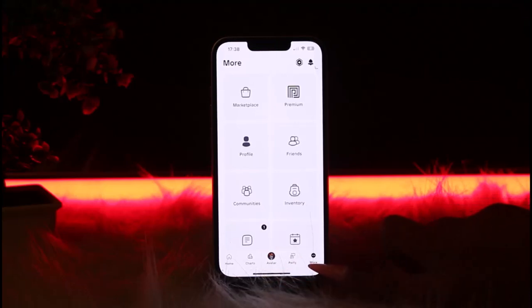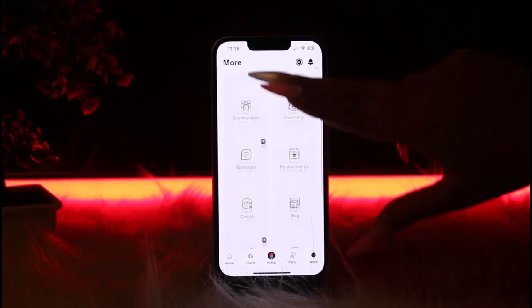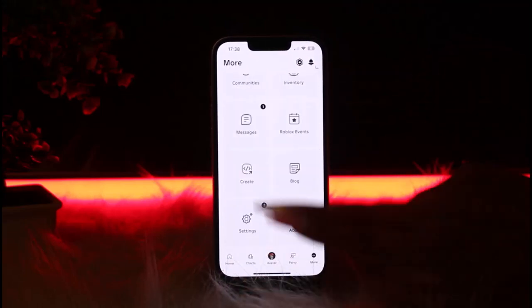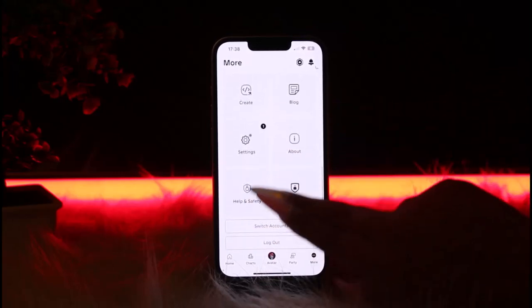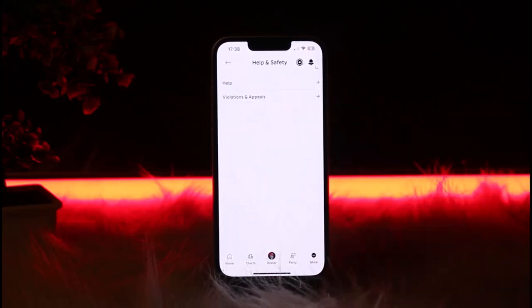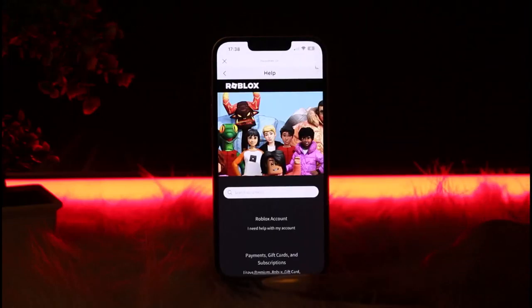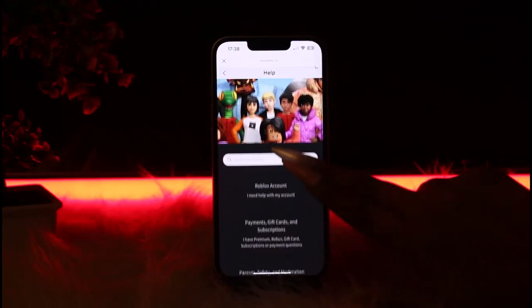So go ahead, tap on the more icon at the bottom right corner, and then scroll and tap on the settings icon. Now you will find this kind of interface. Then from over here, scroll and tap on this option of help and safety. Then you can tap on this option of help over here, and you can simply